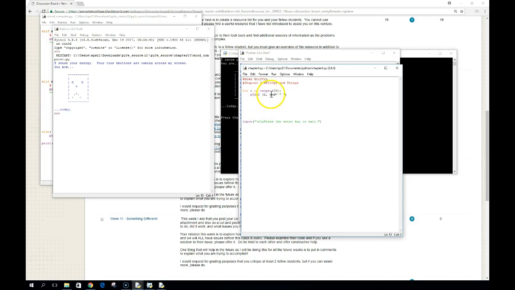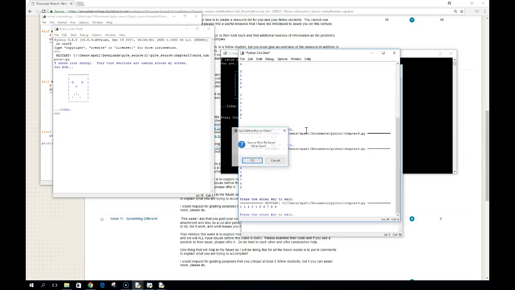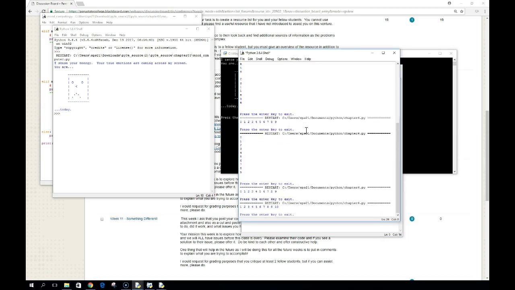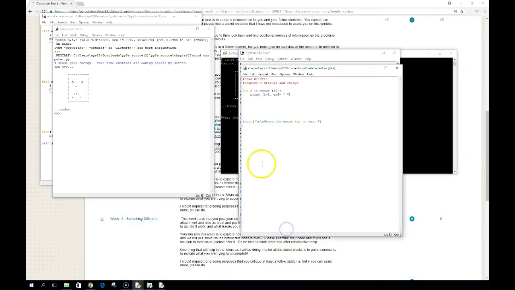So there's a couple of ways we can do it. So one of the easiest ways is just to add that 1 in. So now if I print it, it prints 1 through 10. So not a lot of change in my code, but I can do some other things with this that are pretty nifty. So my for loop doesn't have to just work